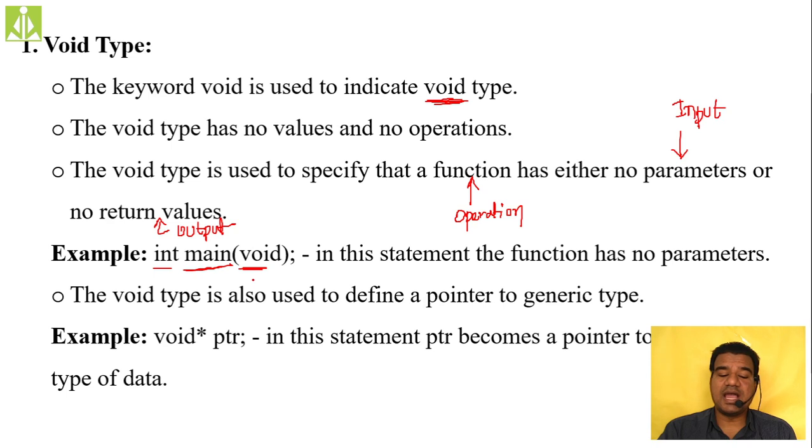So this area is the input area. This area within the parentheses, whatever you specify, is nothing but input to the function. Whatever input we want to give to this function, we will give from this area only. Then what is this int? In the sense, this is your output. Now by reading this statement, int main void, your compiler will understand that the operation main,